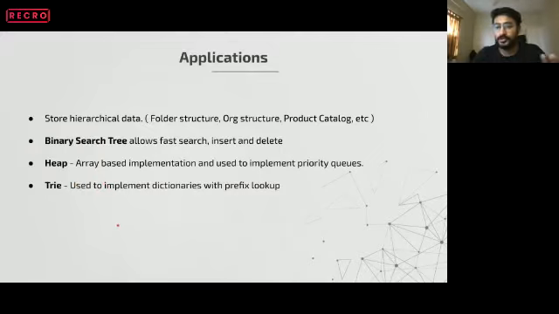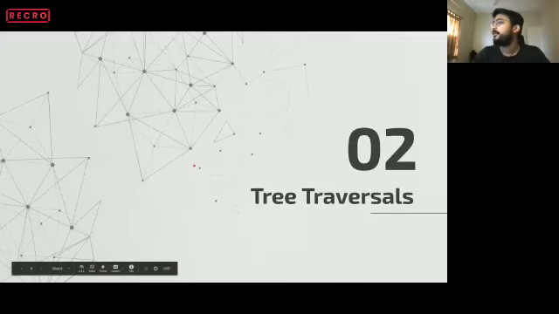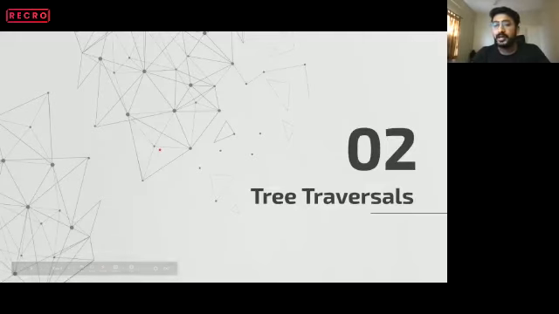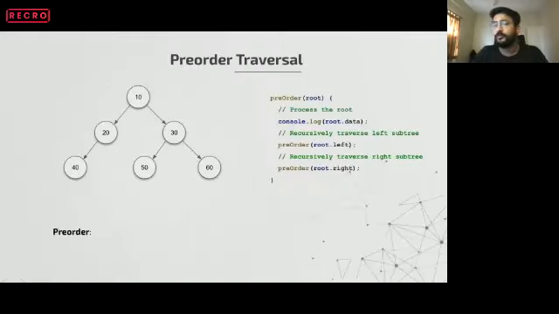Just to give you a gist, binary tree is a very important data structure which is used in day-to-day life when we are coding. Now moving to next, tree traversals. Tree traversals are the building blocks. If I say I'm solving a tree data structure problem, I am supposed to know tree traversals. Without tree traversals we cannot move ahead. These are the very basic building blocks of tree.